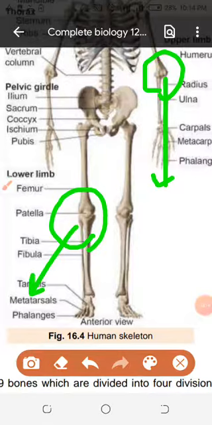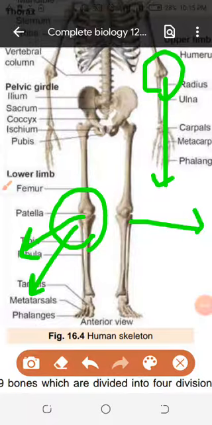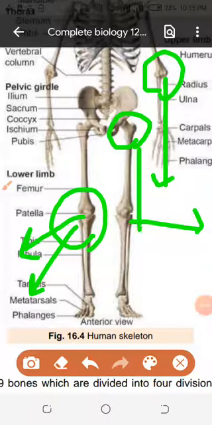What is the patella? The patella is an extra cup-shaped bone which you can touch. Just touch your knee joint, the front part on the ventral side. You will feel the circular bone, that is the patella, P-A-T-E-L-L-A. So a synovial joint is present. Synovial joint is also called a hinge joint. This joint is called a ball and socket joint. Ball and socket joints are present here as well. This is called a hinge joint. Ball and socket is present in the shoulder as well, but this ball and socket joint is stronger.